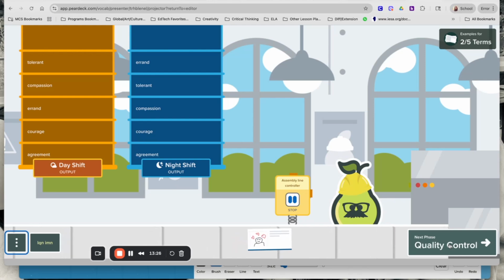So it might take, if you're having your students really think and do a really good job with creating these cards, it might take them a little while in this production phase to actually create them. So it might be worth spending maybe a portion of your lesson one day creating the cards, and then a portion the next day going into quality control and talking about the cards that were created, and then maybe the next day using them for some practice, or just splitting it up throughout the day, whatever you think will work well for your students. So I'm going to move to the quality control phase so you can see what that